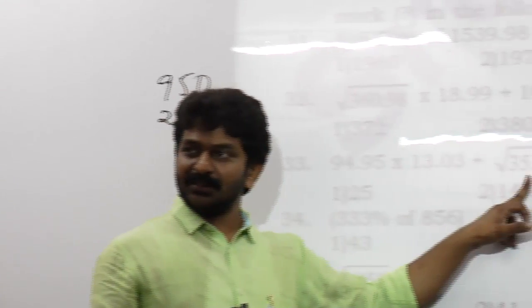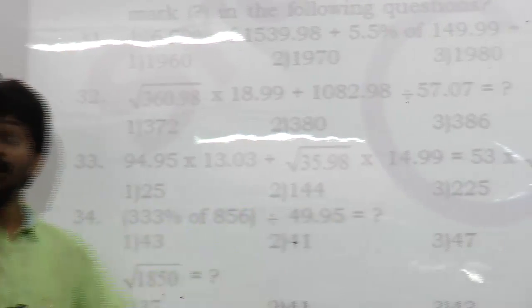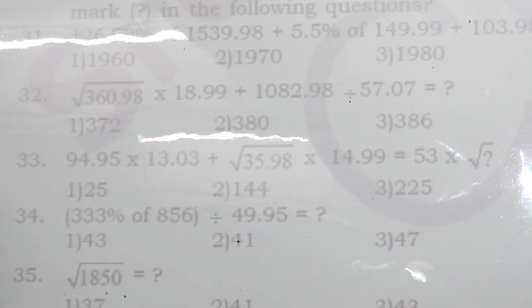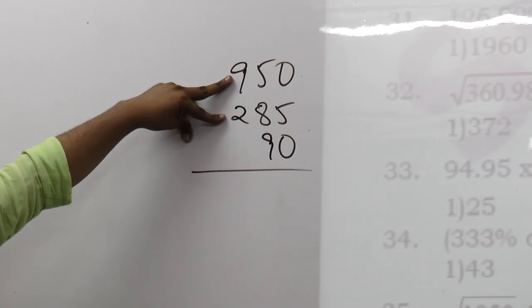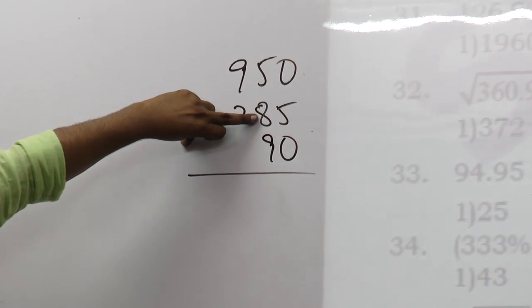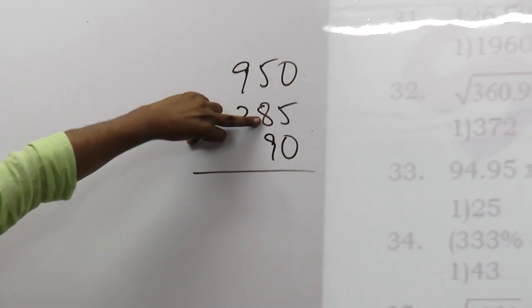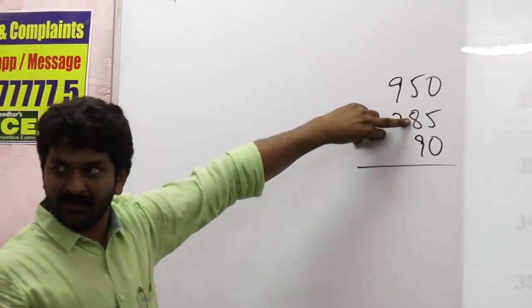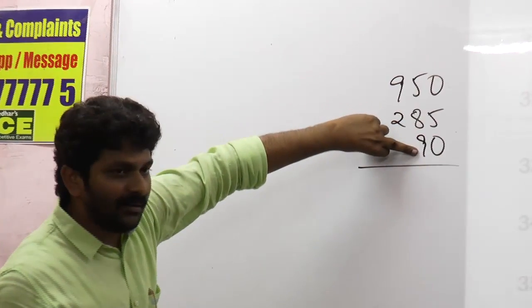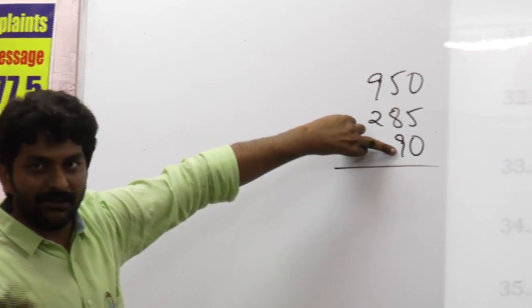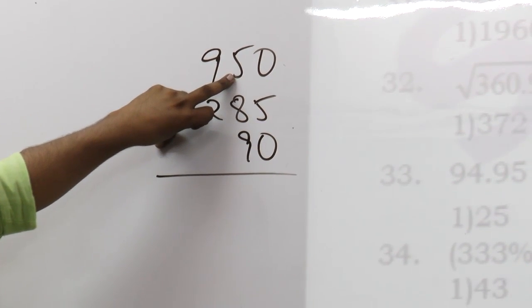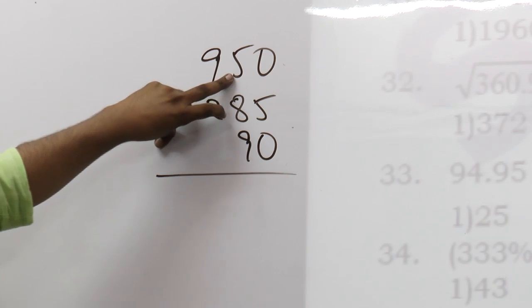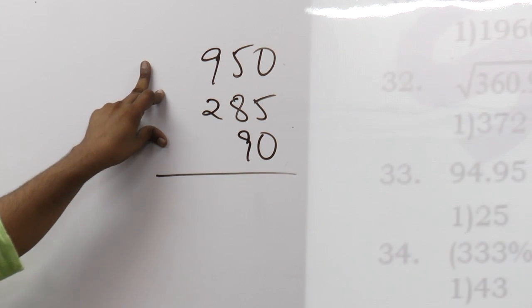6 times 15, 90. Let's add everything. 1100. If you add 20 to this number or 15 to this number, this becomes a round figure. And I need 10 to make it a round figure. So total I need 25. Take 25 from 50. That becomes 200 and then you have 25. 225 and 1100. 1325.